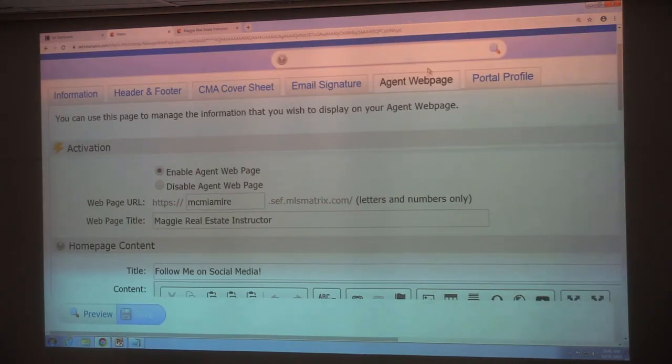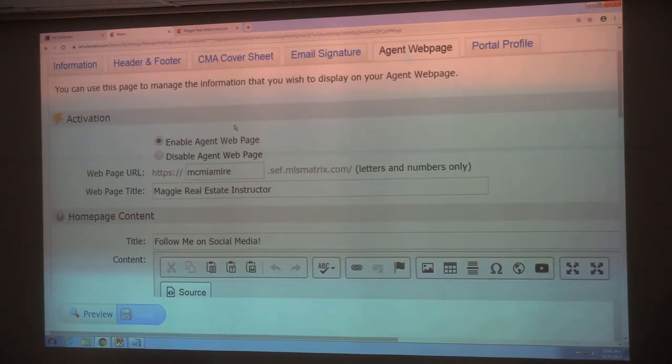So when you enter your agent webpage, if you would like to use this option, you're gonna make sure that it says enable. If you would rather not use this, just click disable and wait for the explanation. So if you don't want to use this, just disable it and give us a few minutes to finish going over this. For those of you that would like to use this, you're going to click on enable, and where